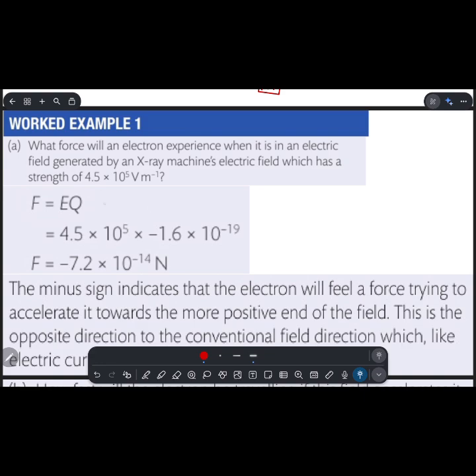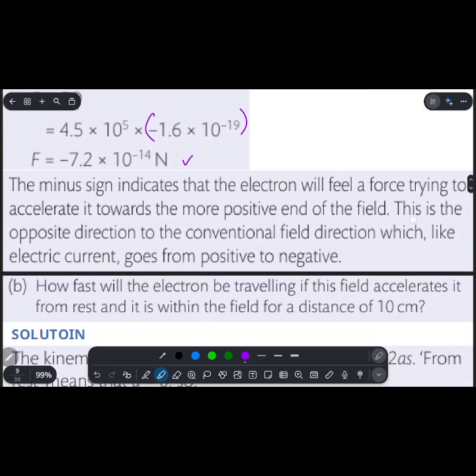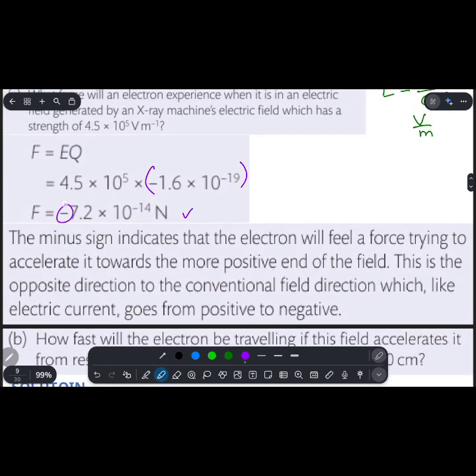So for example, the electric field strength is 4.5 exponent 5 Newton per coulomb. It is Newton per coulomb, but you can also write volt per meter. Later on I will tell you why I'm using this unit. So here we go. When you multiply that number with the charge, you will figure out how much force we have. This negative sign shows that the force on the charge,